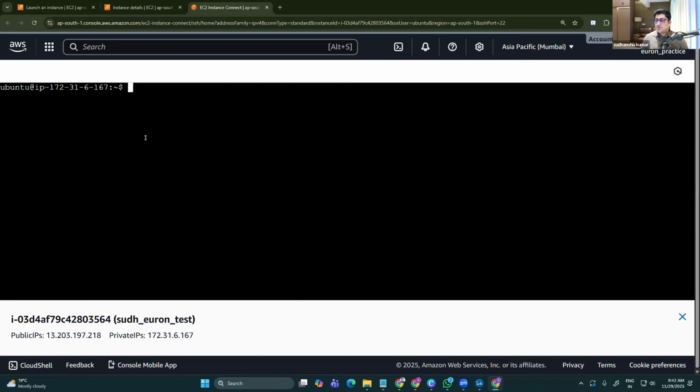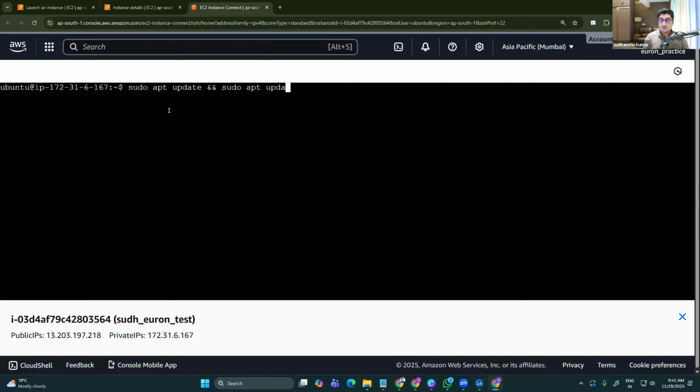Before that, whenever you are going to launch a new machine, you have to run a couple of commands which are going to update your entire machine. So here we can write sudo apt. Apt is basically a place, or we can say a library, from where it is going to download each and everything in sudo mode. Update, and I'm going to do sudo